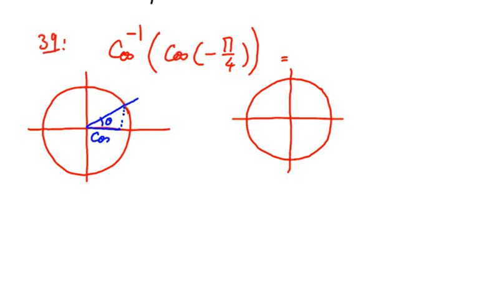Minus pi over 4 happens to be in which quadrant? This is my minus pi over 4. What is the cosine of it? Well, radical 2 over 2. This is the cosine of minus pi over 4. Now we ask,